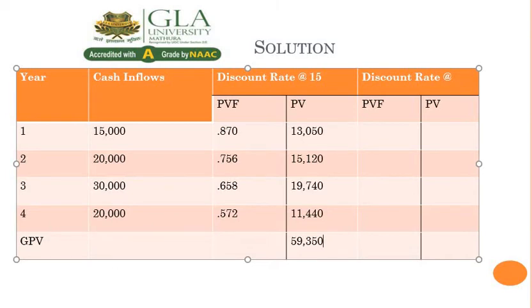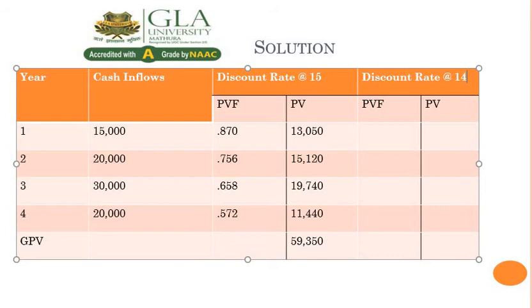So we go to 14%, because the difference is only 650 rupees. Or we could try 13%. There are not too many complications as long as we choose rates close together, such as 15 and 13 or 12, rather than 15 and 17 or 18. That is not a critical situation.